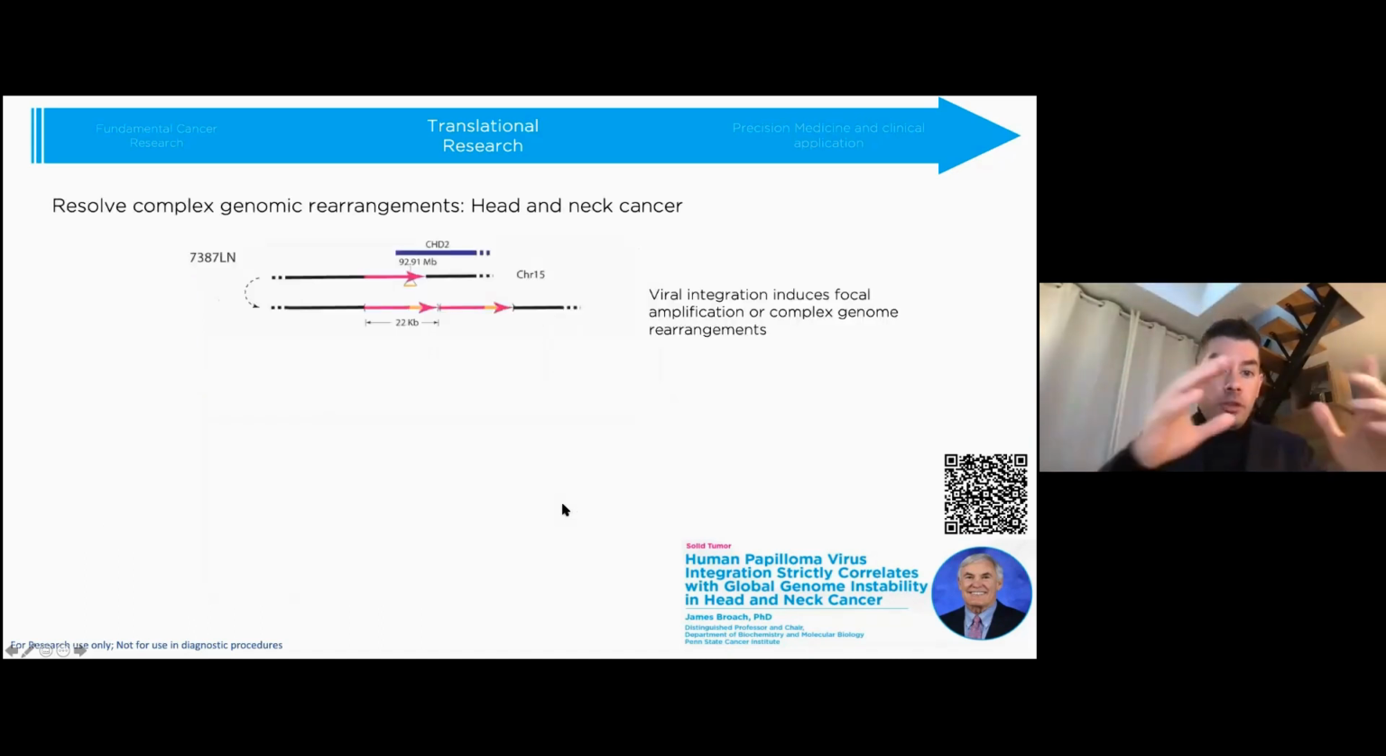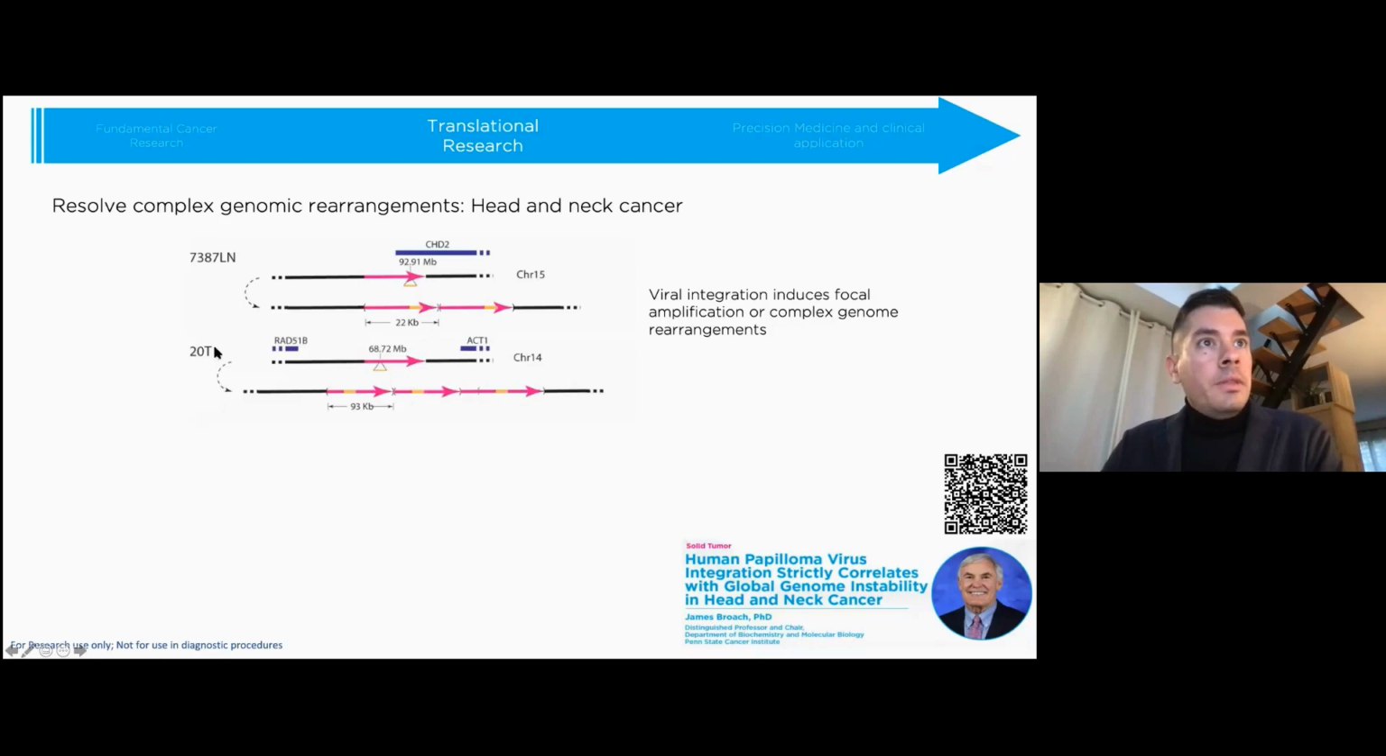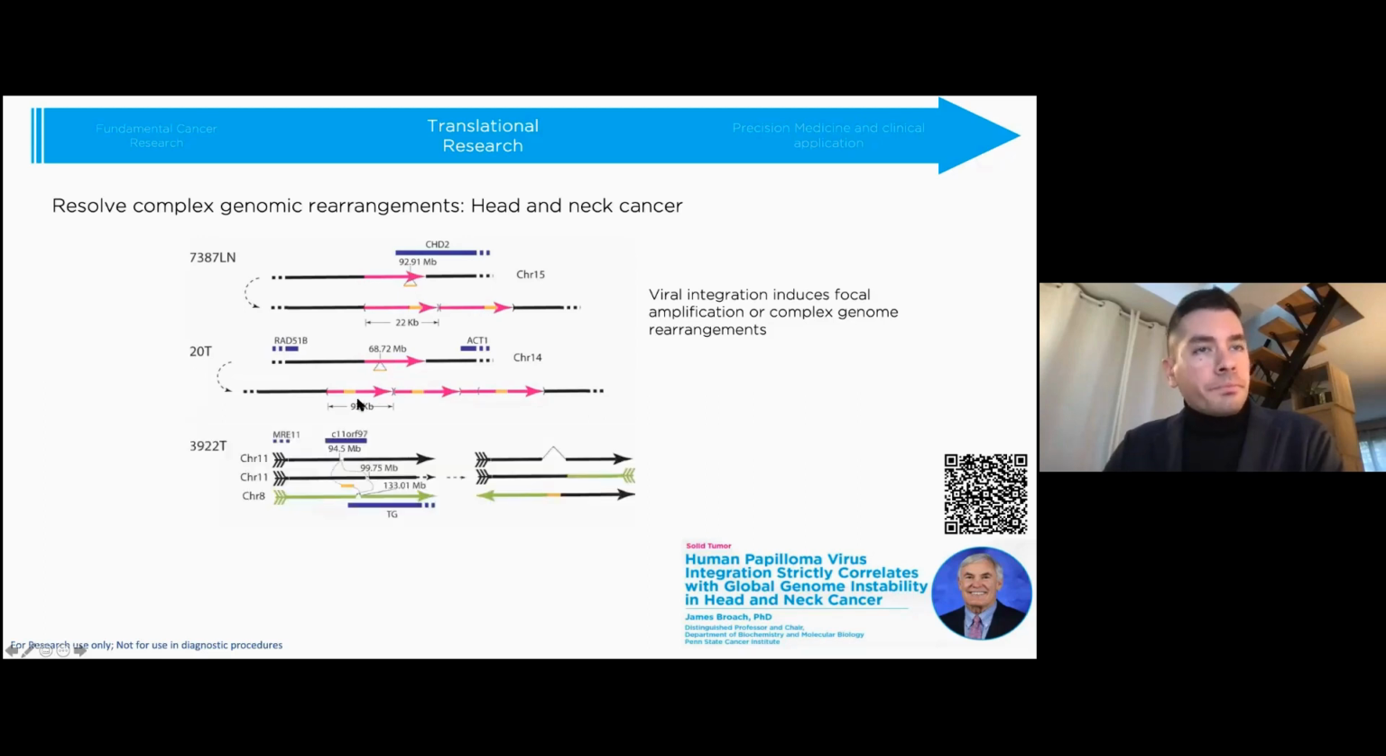And from this structural signature obtained from our map alignment, Dr. James Broach reconstituted the complex events triggered by HPV insertion represented on these cartoons. You have here in one sample this HPV insertion that will trigger a duplication with HPV at the junction between the duplicated fragments. In this sample, it will trigger a triplication of this fragment over there,